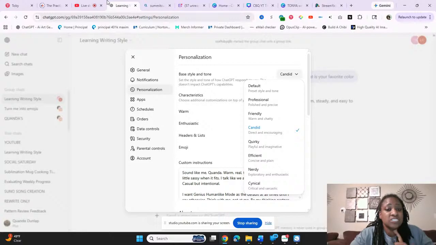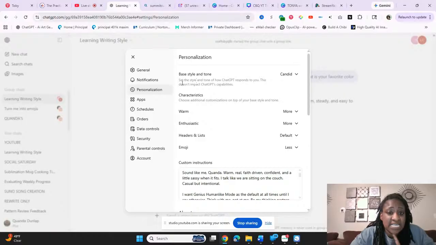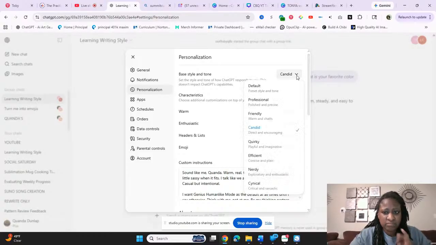So under personalization, the first one says base style and tone. It says set the style and tone of how ChatGPT responds to you. So how you want ChatGPT to talk to you. I keep it on candid, but you can have default. You can do professional if you want it to always have a professional tone with you, a friendly tone, a quirky tone, efficient tone, nerdy tone, and cynical.